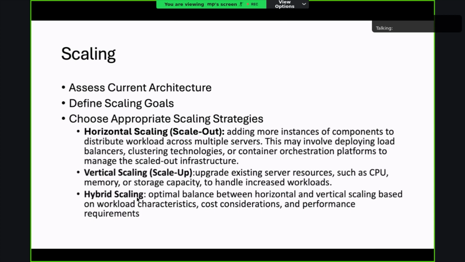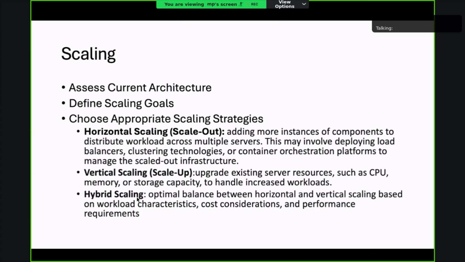And then we have to choose the appropriate scaling strategies. When it comes to scaling strategies, we have different types, be it the horizontal scaling strategy.